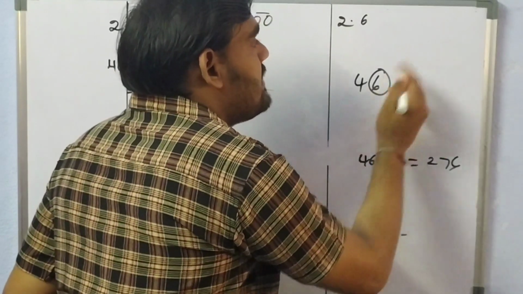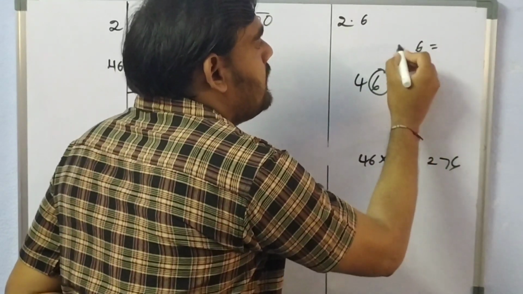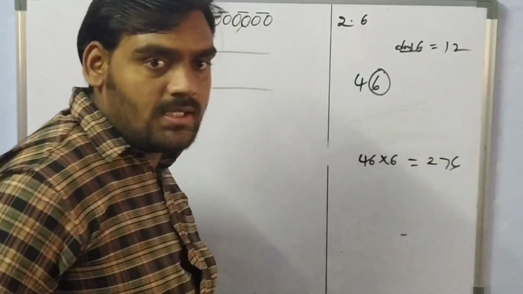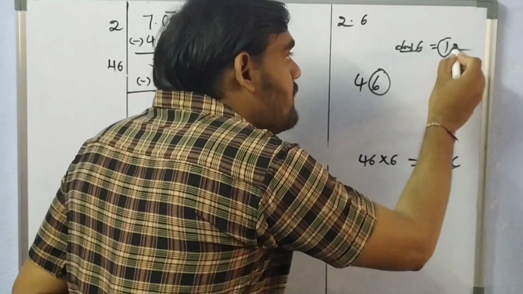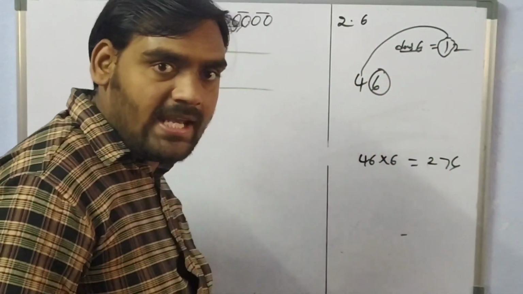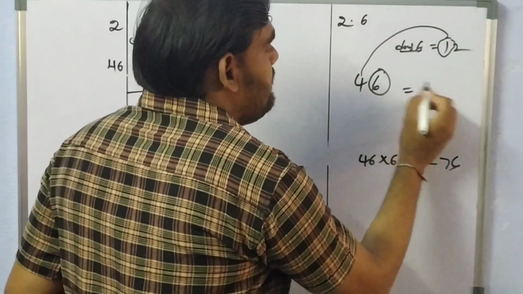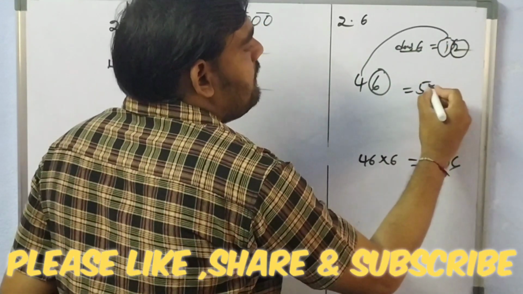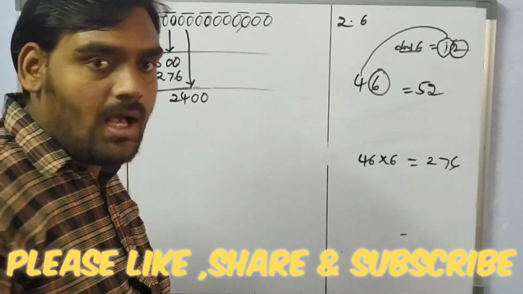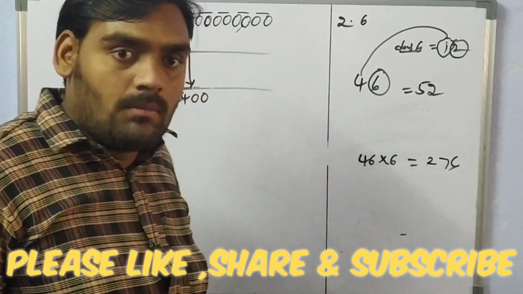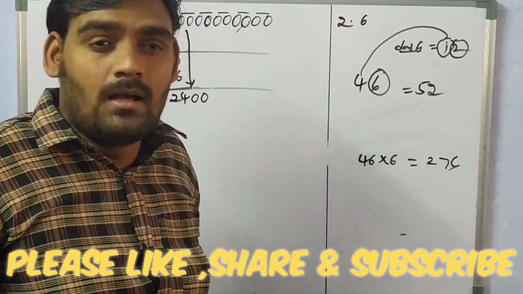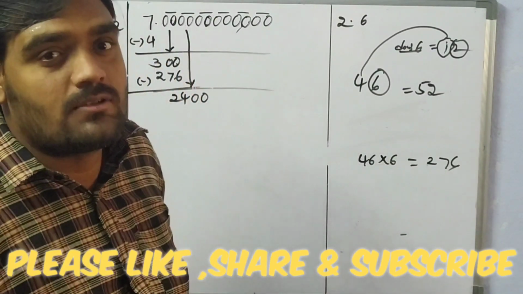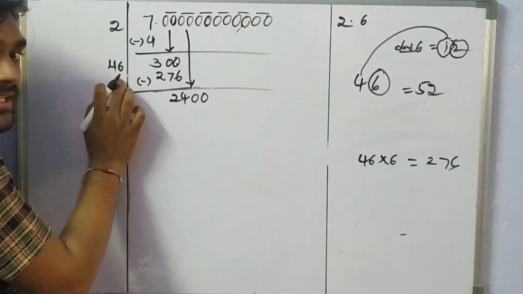When you double the last digit, what will you get? Double of 6, you will get 12. Isn't it? So this one must be given to 4. Carry must be given. At that time, this will be 4 plus 1, 5. This one's digit we need to write as it is only. Or else we can double the quotient also. But here 2 digits means it is easy. But the digits are going to increase. Doubling the quotient will be a little bit difficult. So that only you need to take the divisor here.